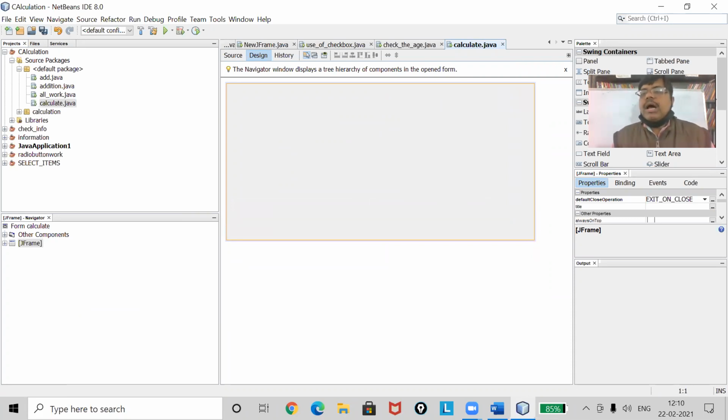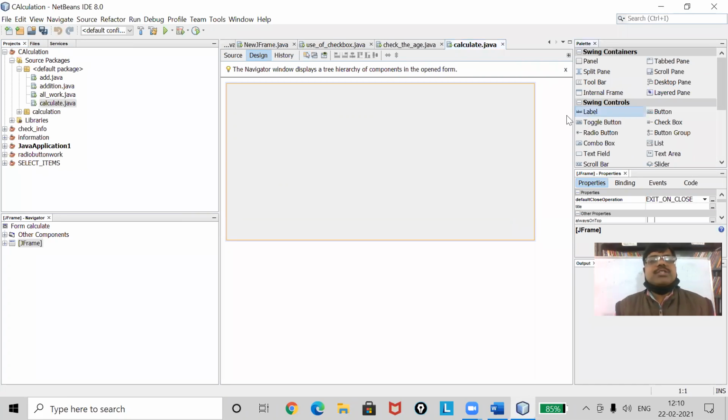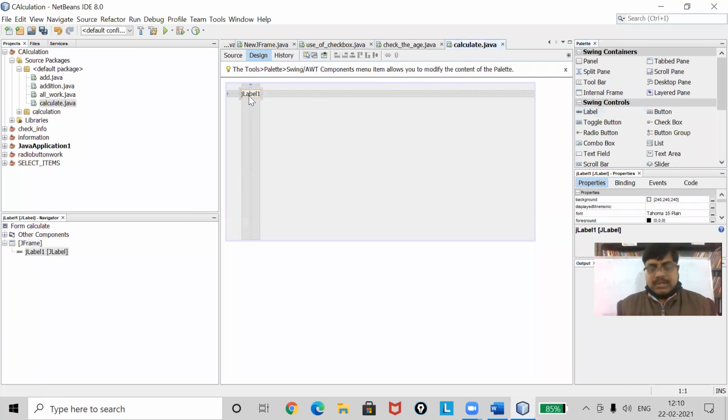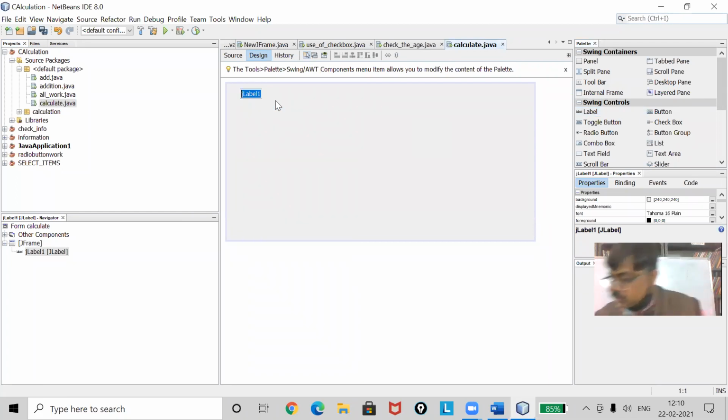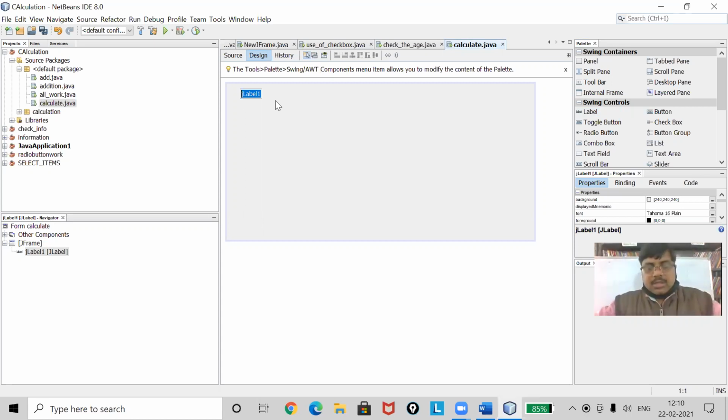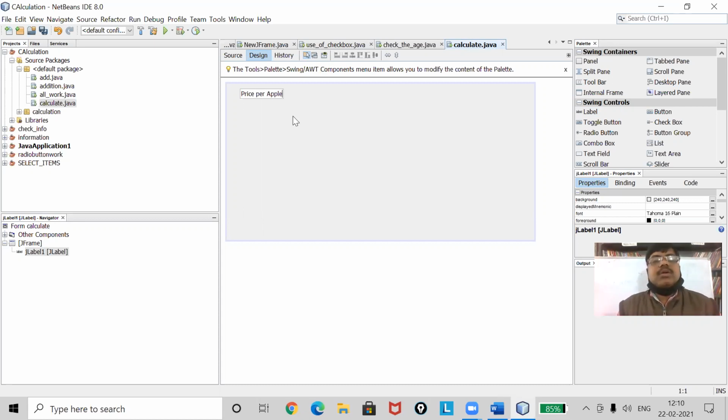Now, first of all, I'm going to use the label box and edit. Price per apple. Okay.